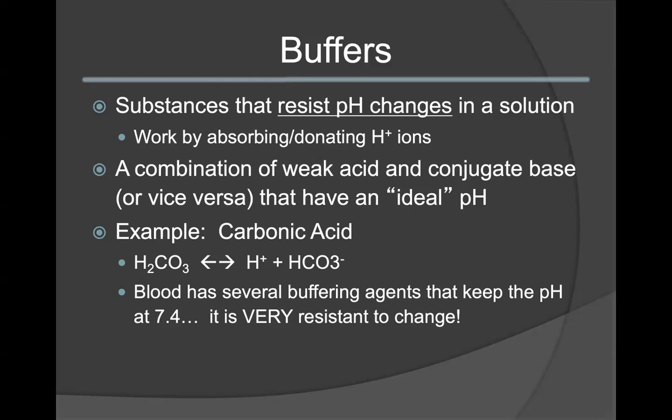As a blood buffer, the carbonic acid is going to dissociate into H+ and HCO3-, and by releasing those hydrogen ions, that will serve to bring the solution back down to the 7.4 pH. So by either releasing protons or absorbing them, the buffer can easily keep things within a range. And with that, that will conclude